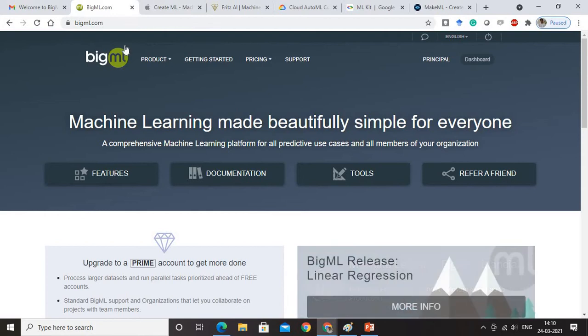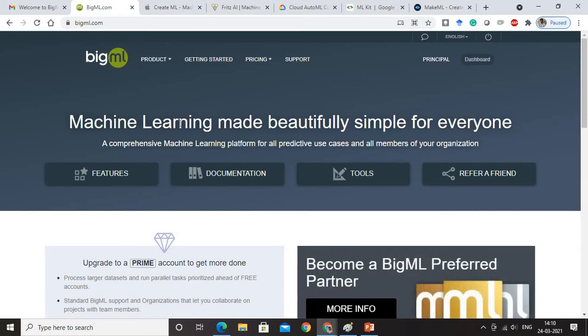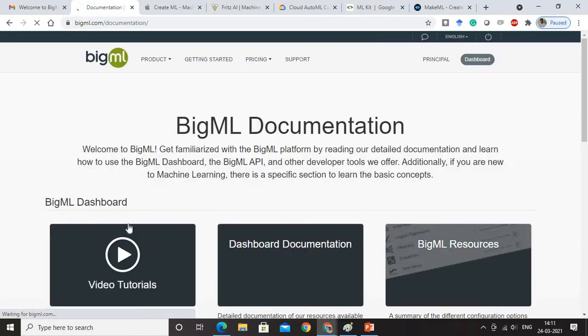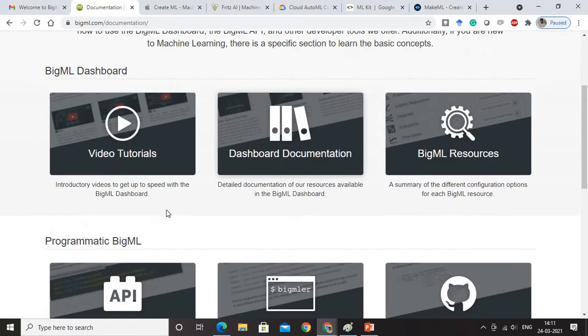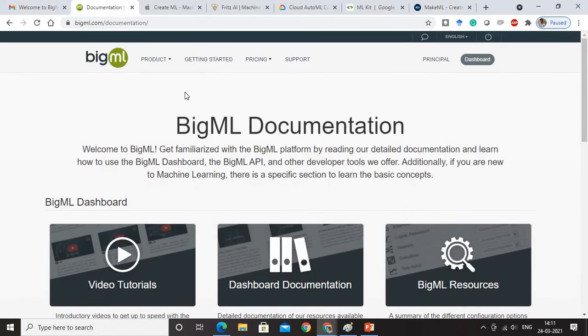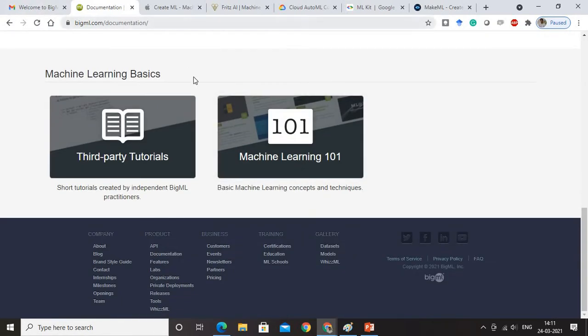The website is bigml.com, where you can learn machine learning in a very simple way, and they've got a lot of use cases. They've got very neat documentation available, and it's really cool. You can see that it's a very well made website. It's very interactive, very easy to use, and introductory videos are there which can let you learn how to use BigML very easily. This is pretty easy. You can try this out. This is very comfortable for anybody to start learning, and the dashboard is believed to be very simple as well. So go through it. This is bigml.com.